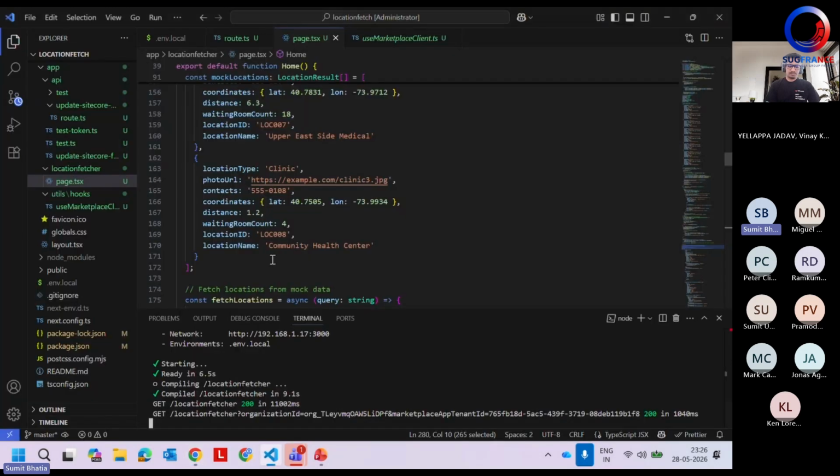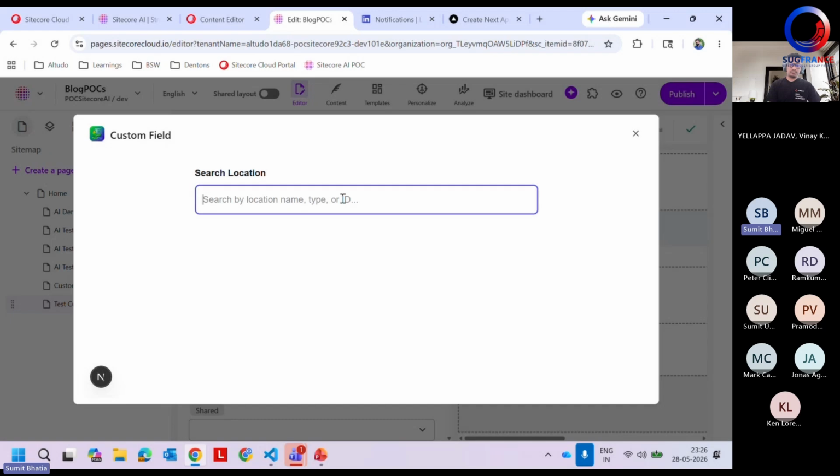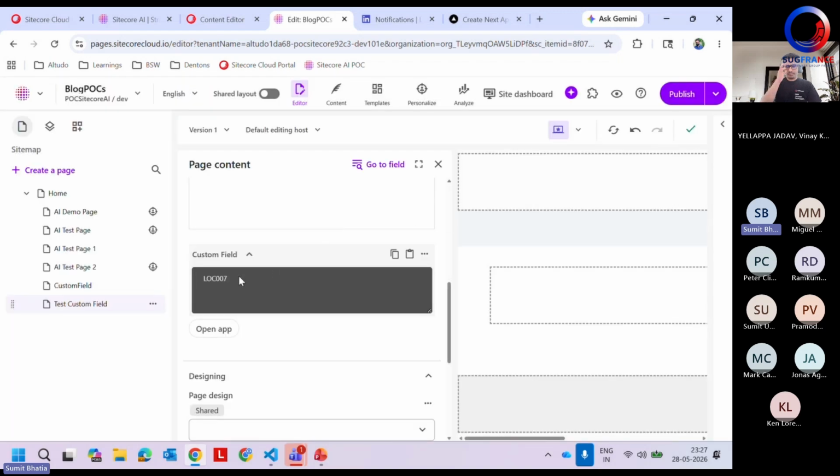And let me open an example, like if I want to search for the Upper East Side. If I select Upper East Side, this is coming from our API, as per the original implementation, but right now we are just showing some demo data. If I select this one, it will perform the update operation. It will automatically close, and you see that it has added the ID of the location here.